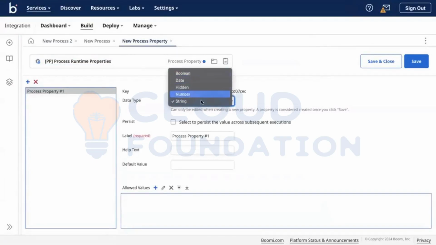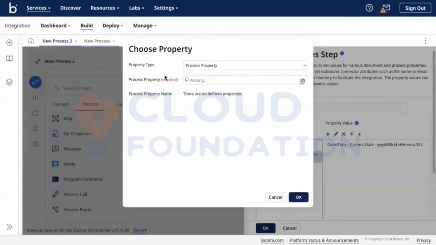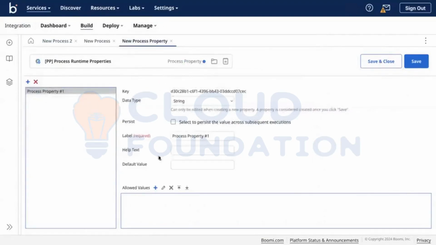It can be Boolean, date, hidden, number, string. The use case of this is you set them at a pure environment level. Basically, you created your process and it is in a lower environment. Now you are promoting it to a higher environment